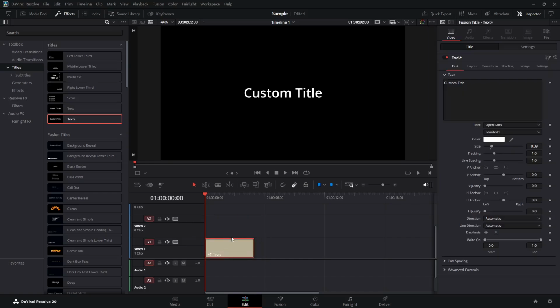Once you've placed it on the timeline, click on the Text Plus element to select it. Now look to the top right of your screen where you'll find the Inspector panel. Click on Inspector to open it up. This is your control center for customizing everything about your text, from the content itself to how it behaves and